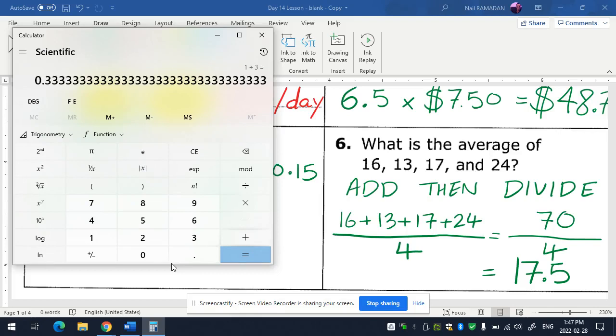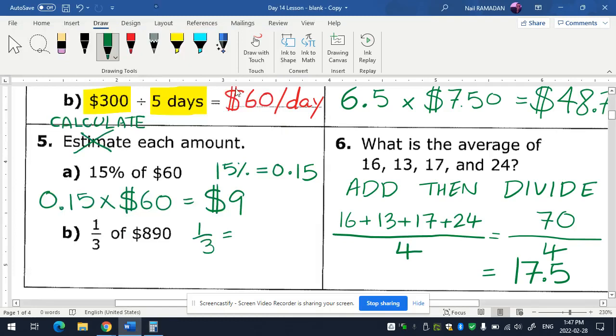Well, I mean, after a certain number of threes, it becomes useless. I mean, what's the point? So let's take 2 threes. You can take 3 threes or 4, but let's take just 2. So I'm going to say 0.33. Everyone, I'm going to write dots like this. Go ahead. Look, everyone, write 3 dots after the second 3, but don't write them low, at the same level as the decimal point. Write them in the middle to basically tell yourself it's threes forever. So we're just going to take those 0.33s times